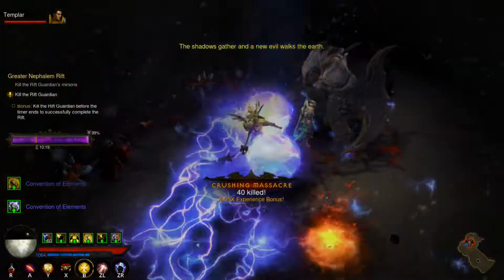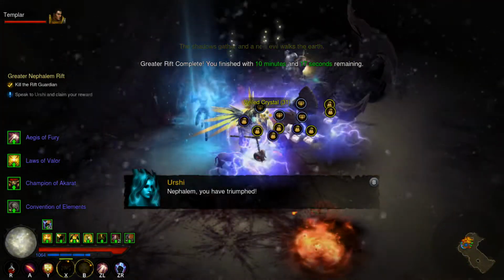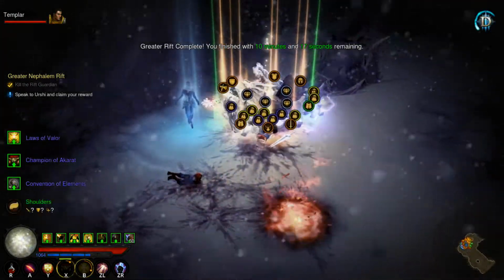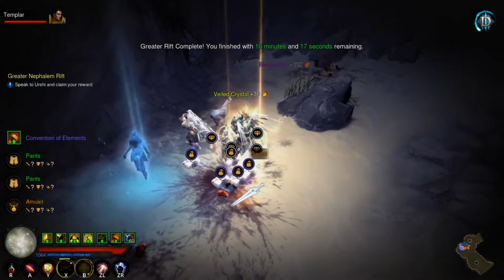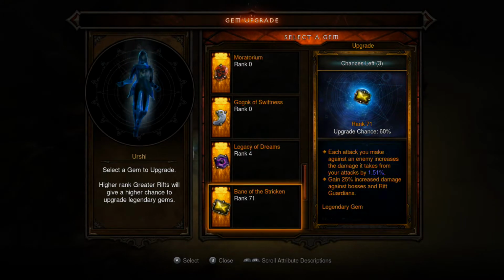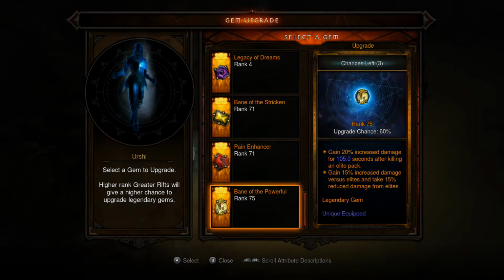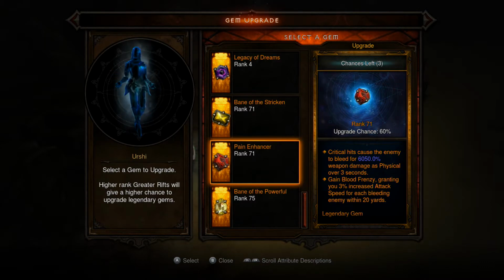Let me take care of this Rift Guardian. See, I'm going to chuck 3 Heaven's Furies after I did 3 stacks of Fist of the Heavens. That allows me to take out the Rift Guardian basically in 2 to 3 hits. That's always what you're going to want to do, particularly with this armor set. You save the Heaven's Fury till you get to the Rift Guardian. Until then, you just use Fist of the Heavens to zone everything,